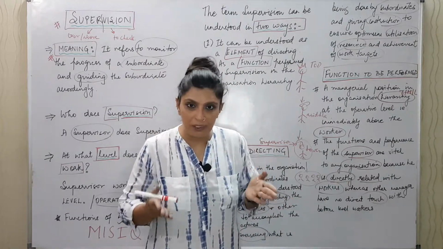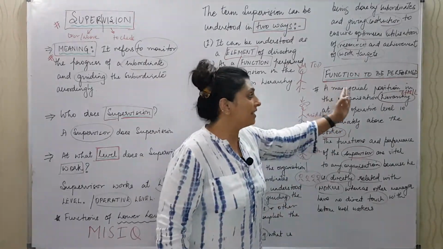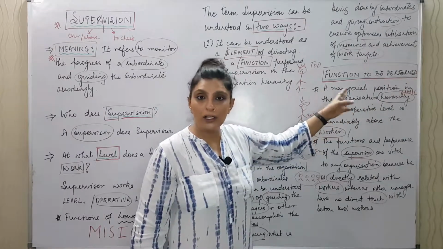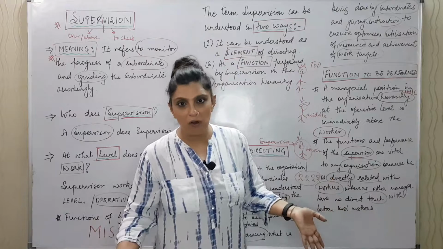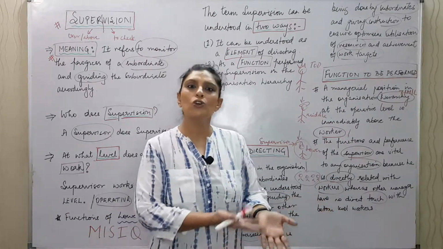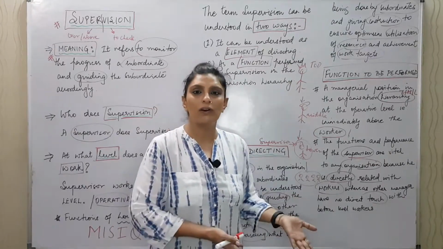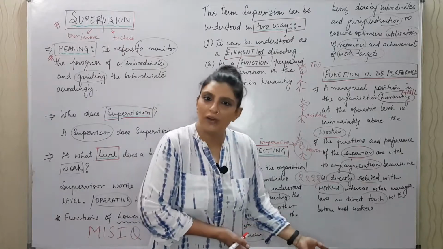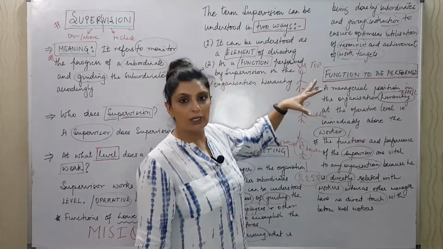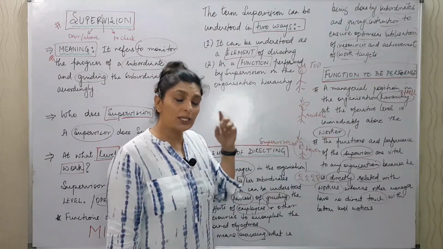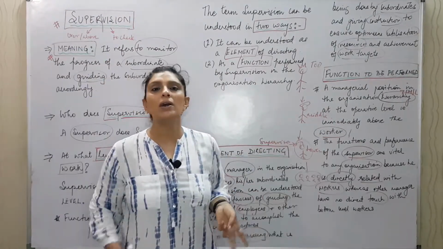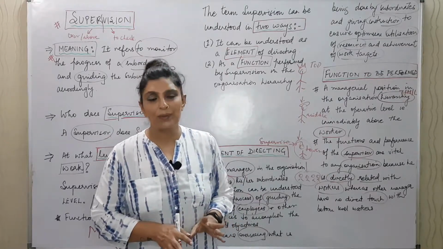So in order to remember how it is a function to be performed: it is the controlling function to be performed, and who will perform that controlling function? The supervisor. When he checks the actual workforce, that can only happen if a supervisor is there. That's how you're going to learn. As an element, you won't forget because it is the same as the definition, but as a function, there could be confusion. So always remember it has to do with controlling.